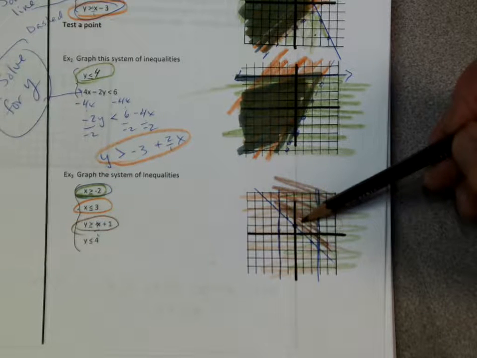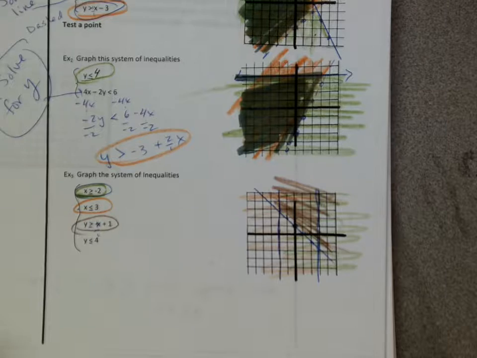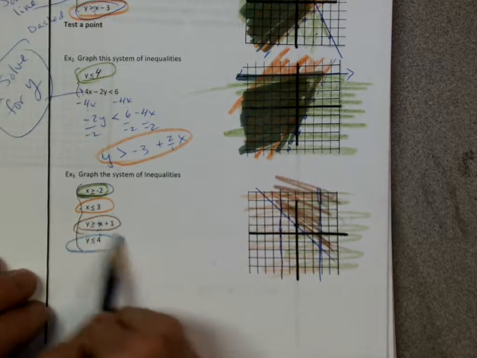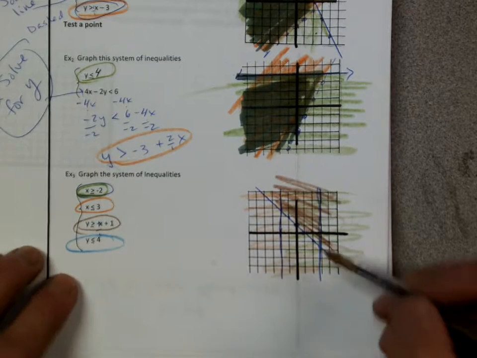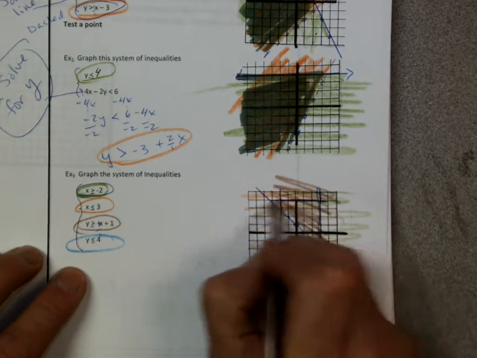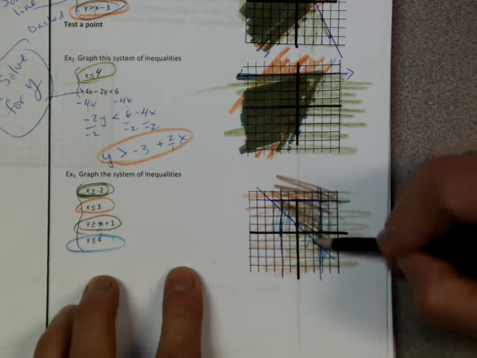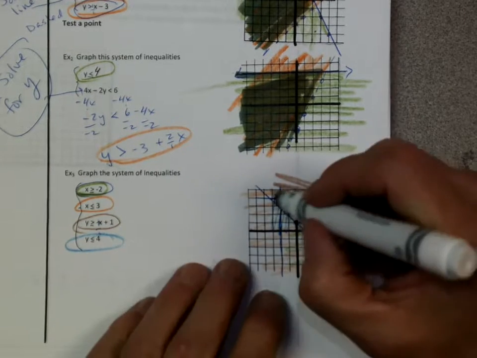Am I okay? So now the last one, y is less than or equal to 4. Let's see. I'll do that one in blue. I've got a blue one. There's blue. So I'm going to go up to 1, 2, 3, 4. And I'm going to have less than or equal to 4, which is all of this. Okay, now I'm looking for where do all 3 colors overlap. If I look carefully, I'm going to be within this